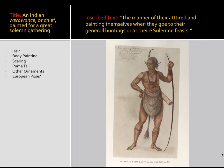The puma tail, which is probably an indicator that he was a tribal chieftain, and then all the little personal ornaments on his ears and his hair that really individualize him, and probably also mark him as having a higher class status in his Native American community, or a higher place of responsibility in his Native American community. And finally, it's interesting to note the way that